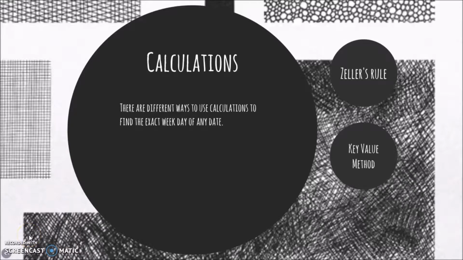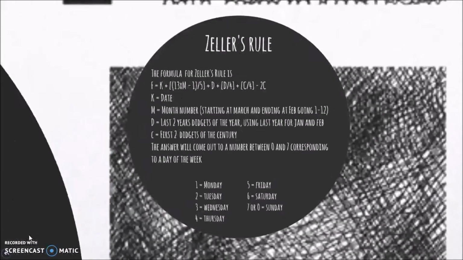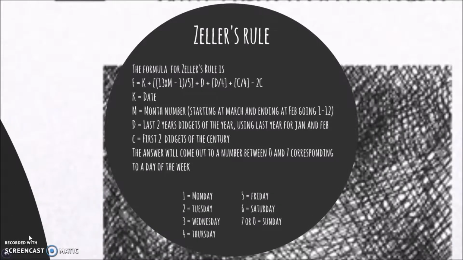Calculations. There are different ways to use calculations to find the exact weekday of any date. Zeller's rule. The formula for Zeller's rule is F equals K plus [(13 times (M minus 1)) divided by 5] plus D plus [D divided by 4] plus [C divided by 4] minus 2C. K equals the date, M equals the month number,